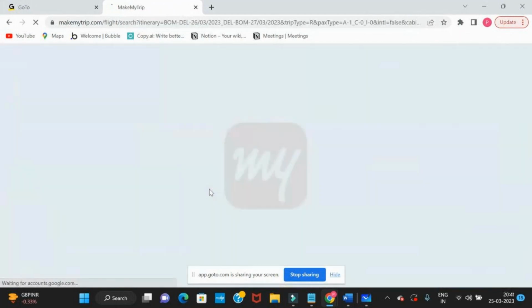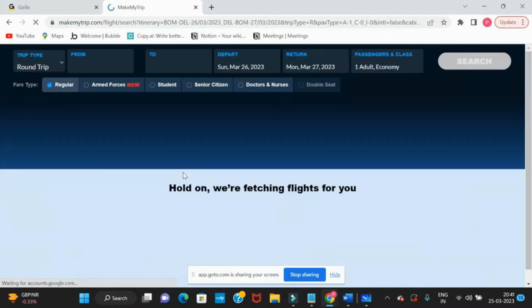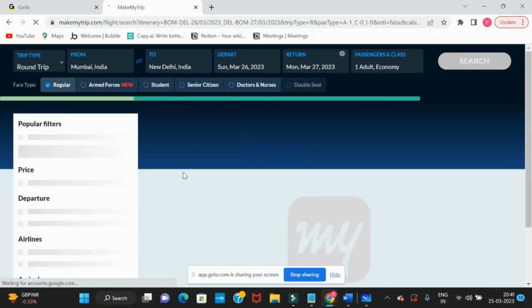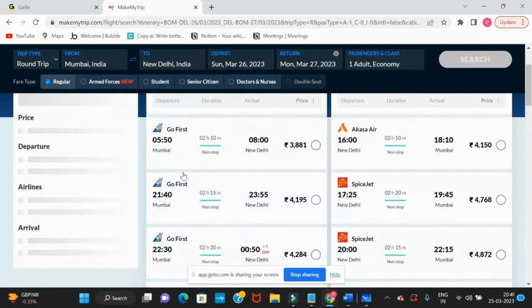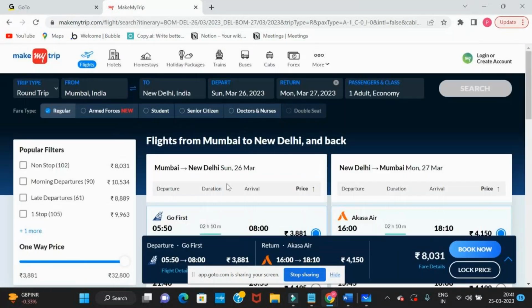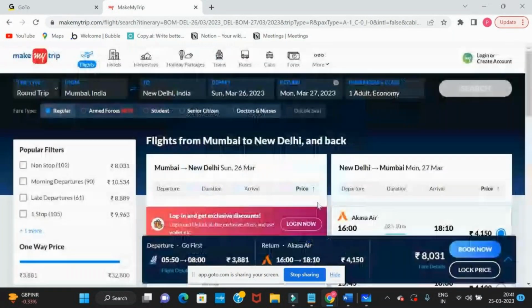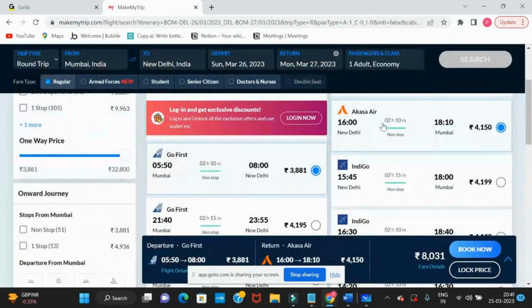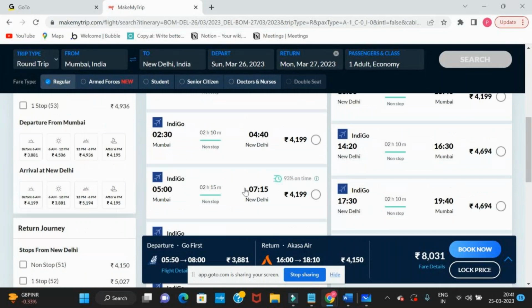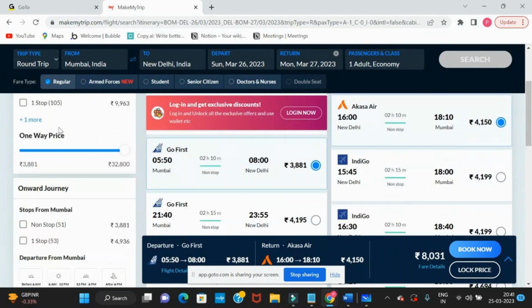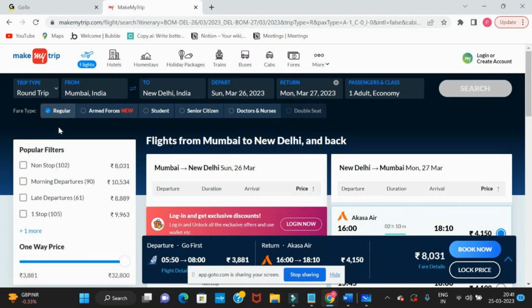The flights are displayed, so we have to maintain all the flights which we will allow a customer to book on our platform. So MakeMyTrip will allow booking for which airlines, like Go First or IndiGo or any other. Those lists will be available in the flights table. There might be some other tables